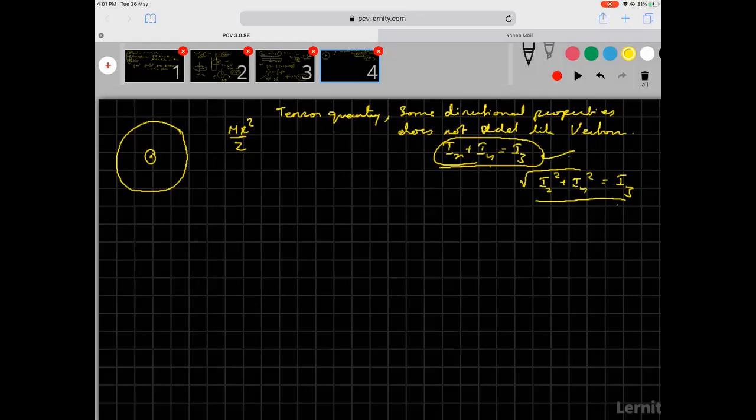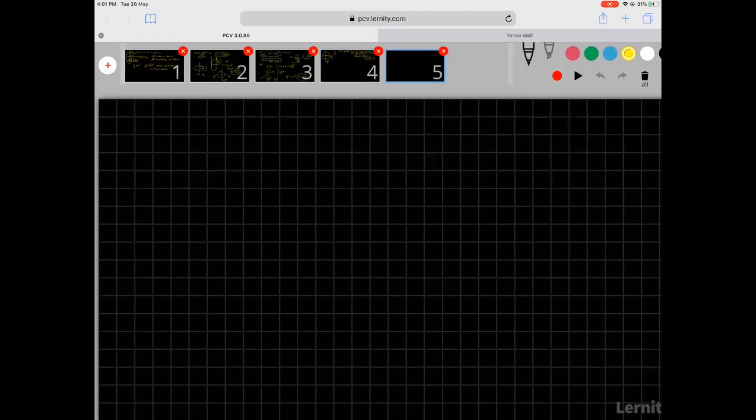Okay, so mr squared by 2. Now if I look at an axis like this, then it becomes mr squared by 4. If I have an axis like this, it is mr squared by 4. So this is how it works. Now here they ask you some questions. I have seen these questions in JEE Mains, JEE Advanced specifically. Suppose there is a disk of mass m and it has a radius r. Now a smaller disk of radius r by 4 is scooped out. What is the moment of inertia?